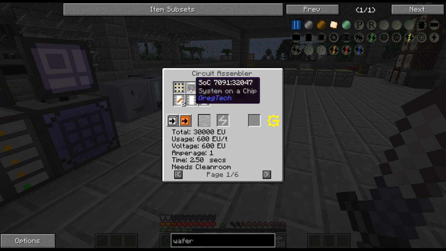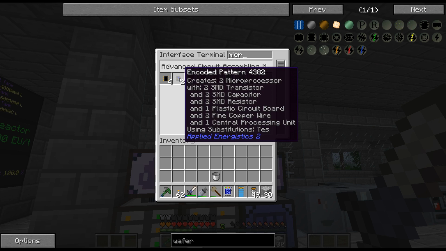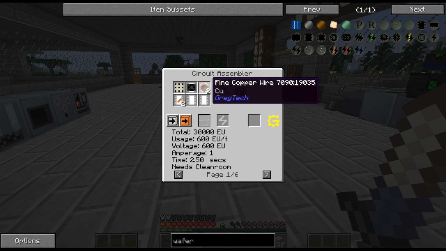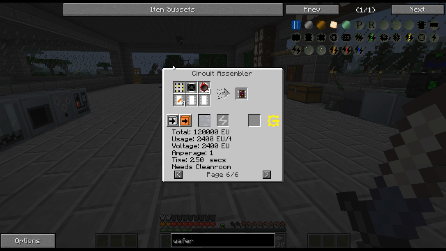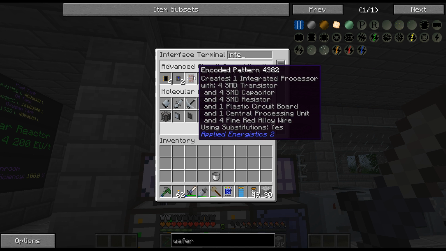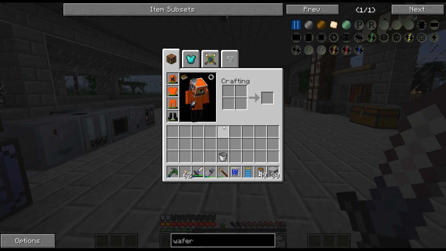less materials. So if we look at the microprocessor, that needs all the SMD components, plastic circuit board. But if we do use it with the SoC, it only uses 1 SoC and then just 2 copper wire and 2 copper bolts. So they're much cheaper. And we can do the same with the integrated processor as well. The MV tier, we can upgrade that just to use fine red alloy wire. And that, even though we don't use a whole lot of those anymore. Okay, integrated, that's right. Yeah, we don't use many of these anymore, but still it uses the SMD, so we can get rid of that. Unfortunately, we can't do the nano yet, so we can't upgrade that because I think it needs...